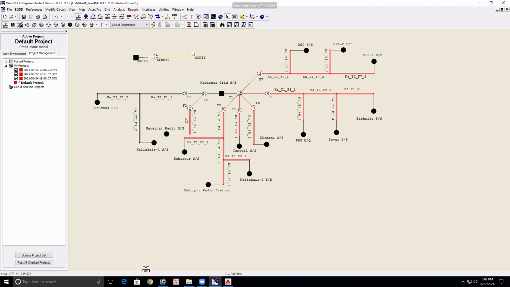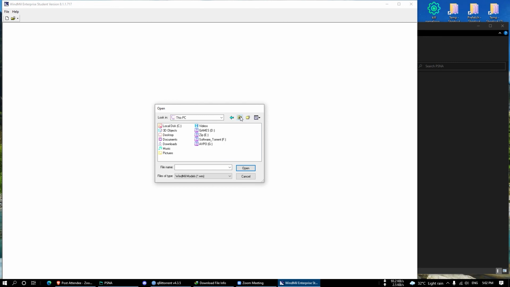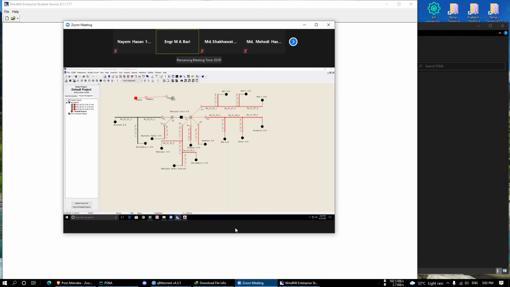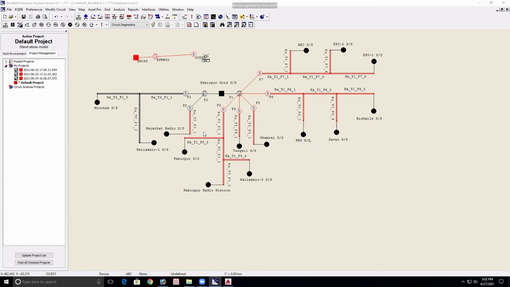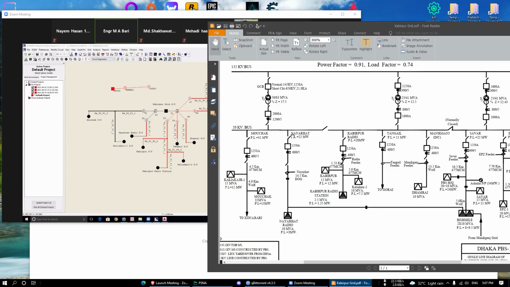If you click the circuit diagnosis, then it will show you red color, because the data is missing. That's why. When you put in all the data, then it will show you the circuit diagnosis. It's okay. So please, for the next task, please listen.